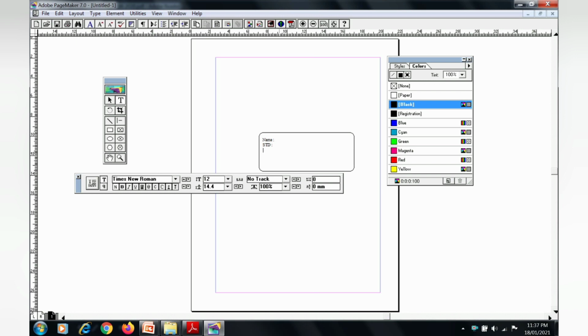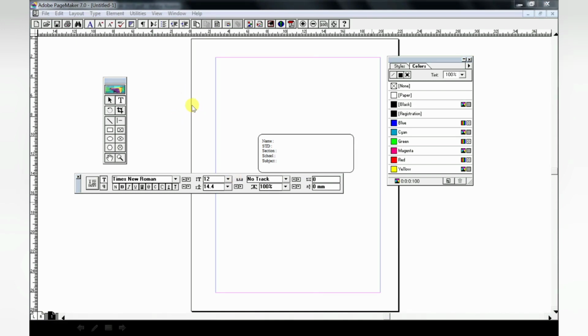Then type section and colon, give one tab space and press enter. Then the next label name is school, then colon, one tab space and enter, and the last label name is subject. Type subject and colon, give one tab space and press enter.